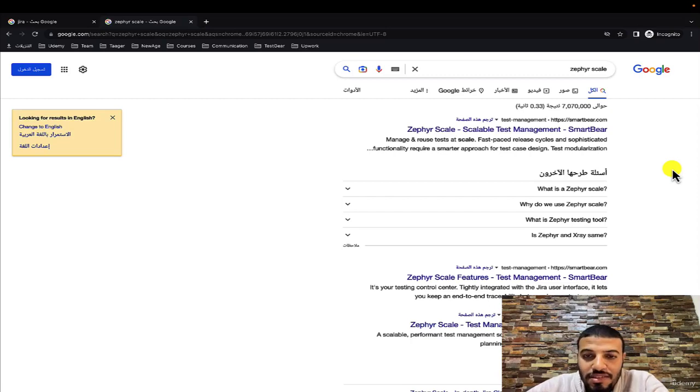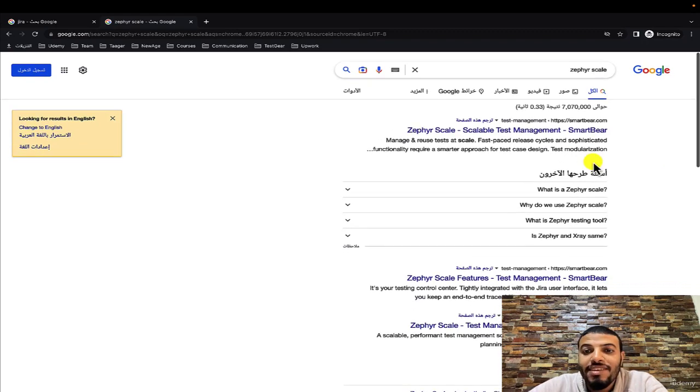When you write your test cases in a tool like Google Sheets, this tool is not created for test management. So in this case, not all the abilities of software testing are available inside this tool. You don't have, for example, traceability. You cannot add those test cases to a test cycle and see a report that gives you information about those